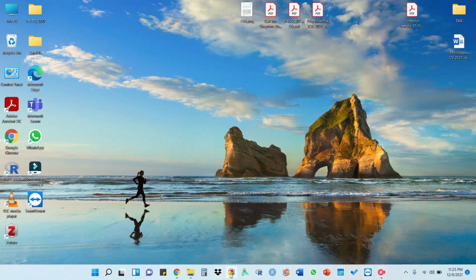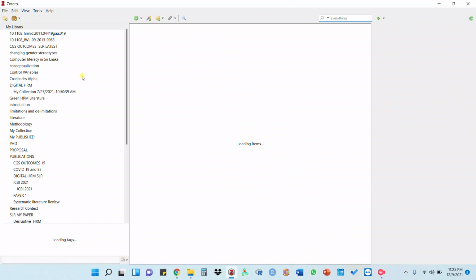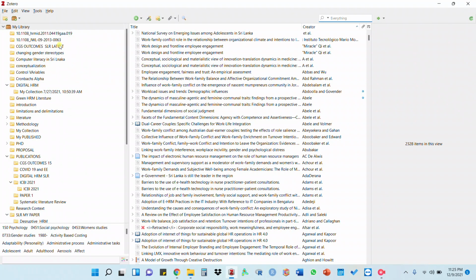Open the Zotero like this. Now in Zotero, in this interface, you can see three sections. This area is the collection area, your file collection, right? This is my library, and under that you have different folders under which you have already saved your